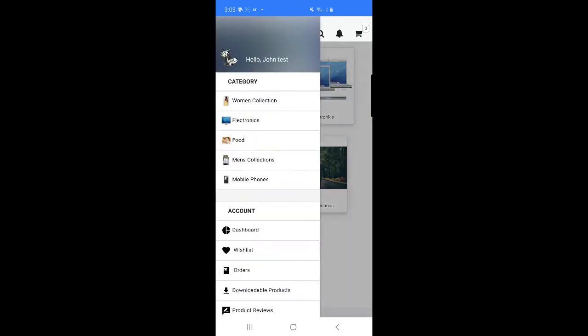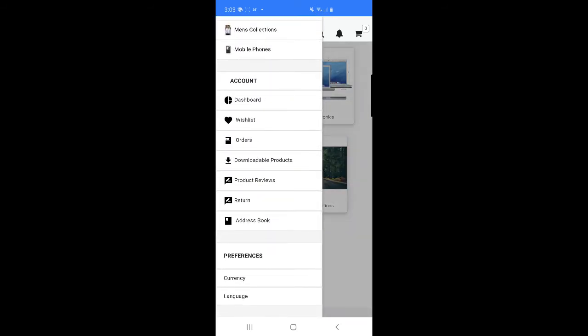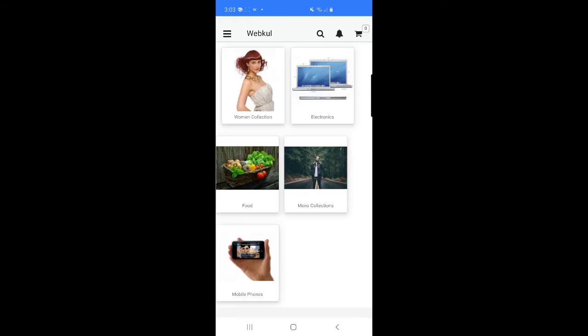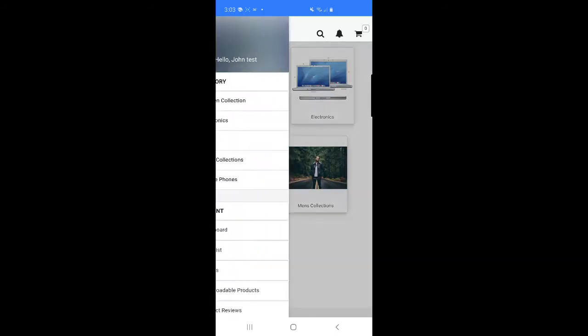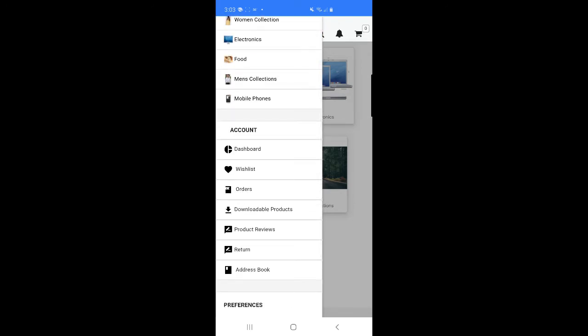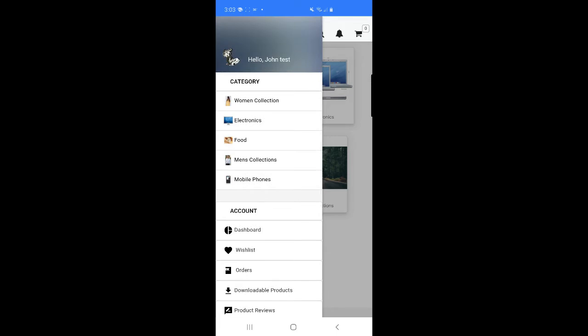Now let's go and change our language. So all right, right now we only have English. If you have, you can add Arabic and RTL. So it basically supports all the LTR, left to right, and right to left languages that we have. So you can make use of that as well. And now let's go ahead and place an order for one of the products, and let's see how it can be done. So let's go to the food collection,